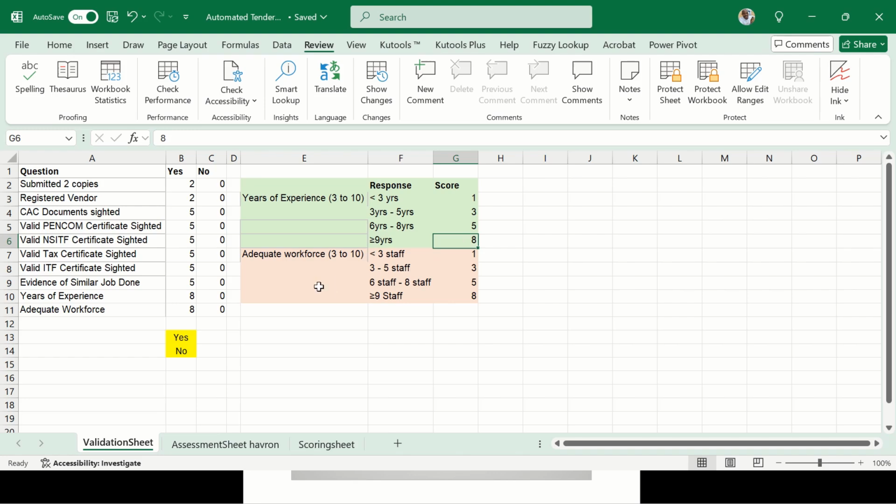Again, we will come to workforce. If they have adequate or if they do not have adequate, again, based on the responses and based on the importance you attach to each of them, you can assign different weights. Now, when we get to the video proper for each of these sheets, we will tell you how and why we did this kind of naming